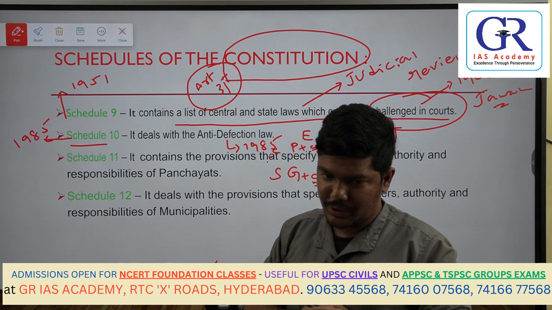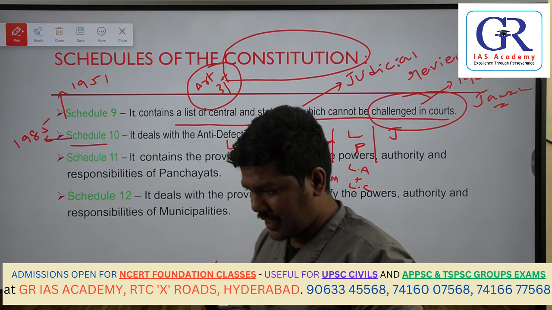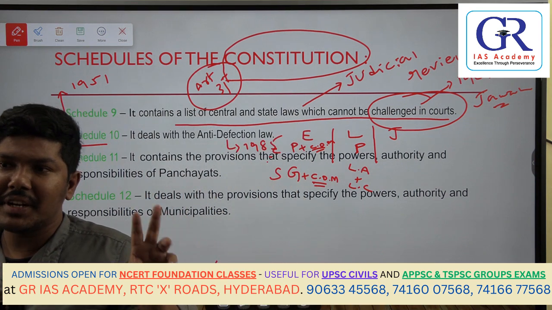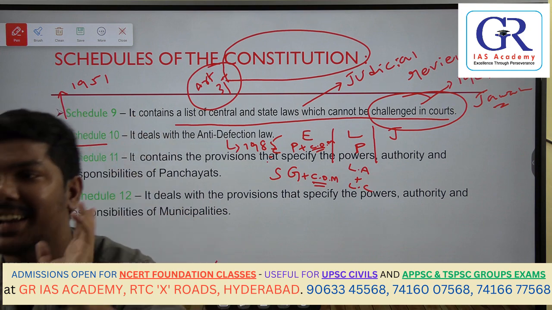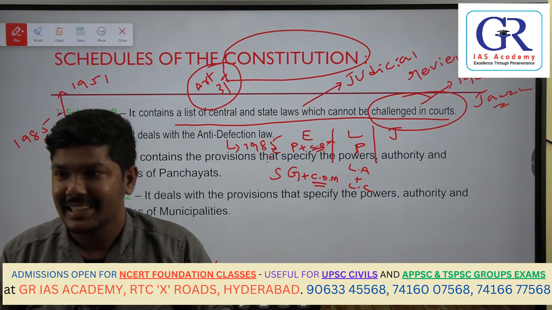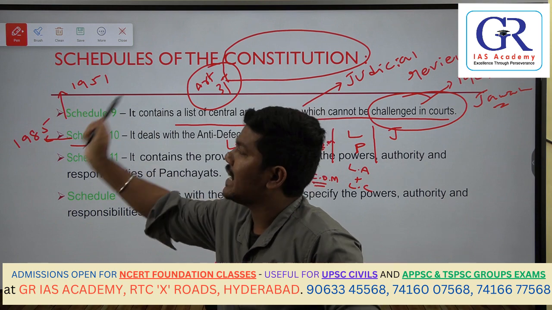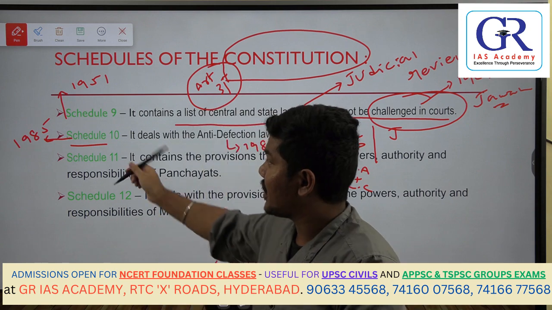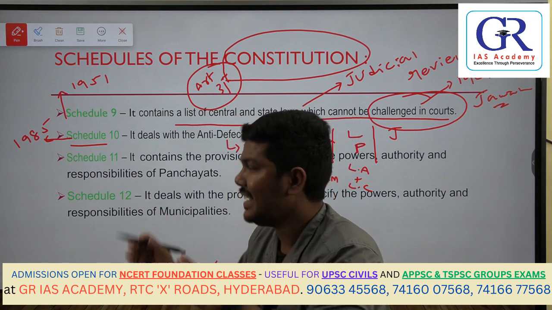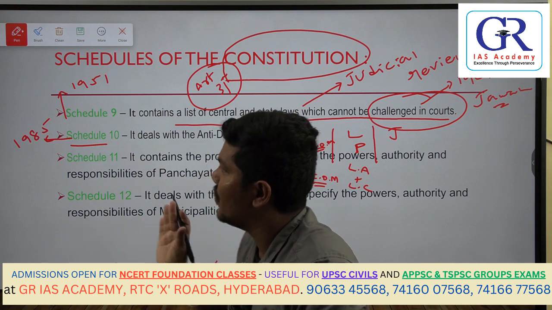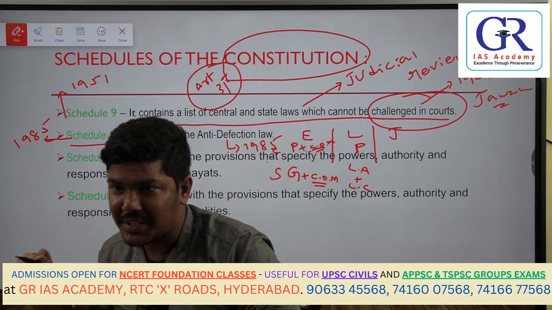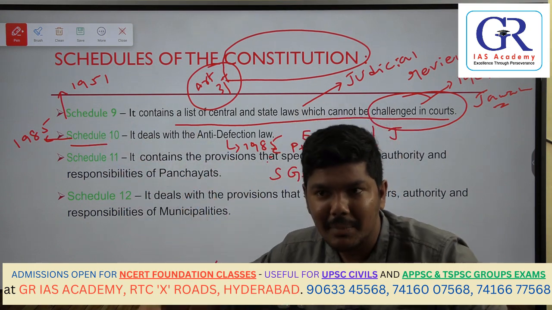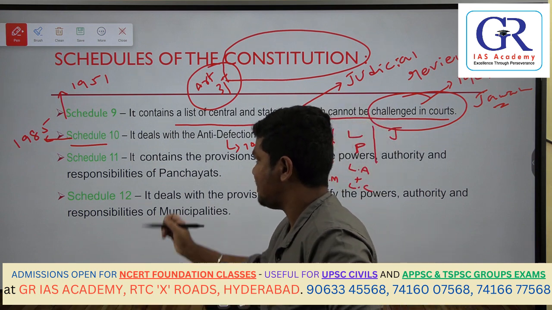This was one of the questions that UPSC has asked earlier. The question is like, Schedule number 9 was created under the Prime Ministership of Jawaharlal Nehru. Okay, that's what we have written there. Now identify when Schedule 10 was created. Who was the Prime Minister and who was the President when Schedule 10 was enacted? I have given you the year as well, 1985. So just do it as a small homework. Identify the President and identify the Prime Minister. Because if you extrapolate the Schedule number 9 question, tomorrow UPSC might ask a Schedule number 10 based question. That was the reason.